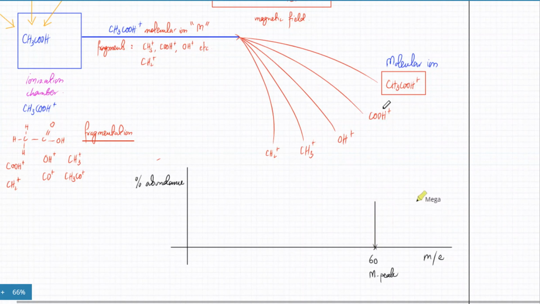So you might detect something at 45. So there would be fragments that would be detected at 45. OH, I think, is 17. So you might detect something at 17 as well. Having a mass of 17, OH is 17, CH3 is 15. And I did CH2 as well, so that's 14. So you'll have all these